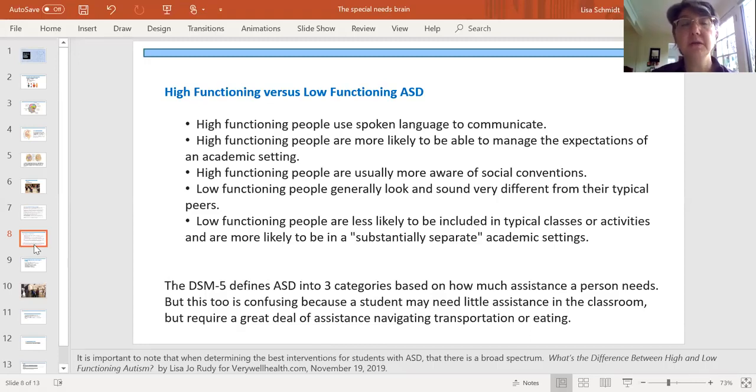Low functioning people generally look and sound very different from their peers. Low functioning people are less likely to be included in typical class activities, and more likely to be in substantially separate academic settings. So those are the ones that we like to use that help us in differentiating. So with that,